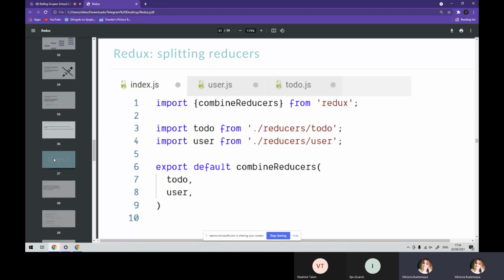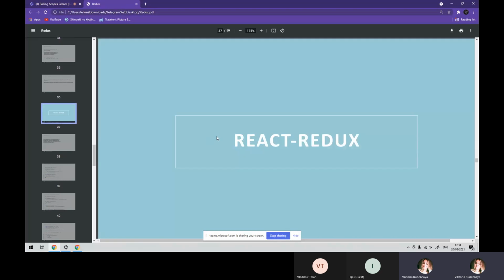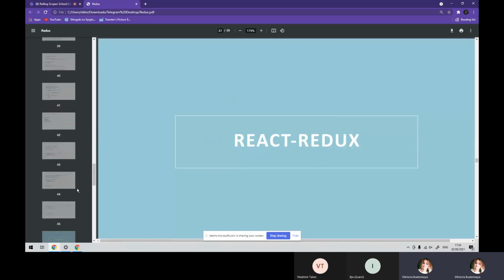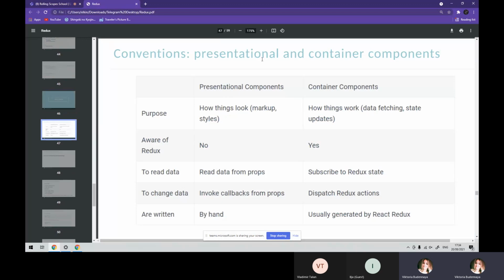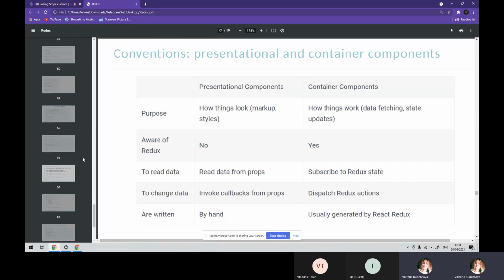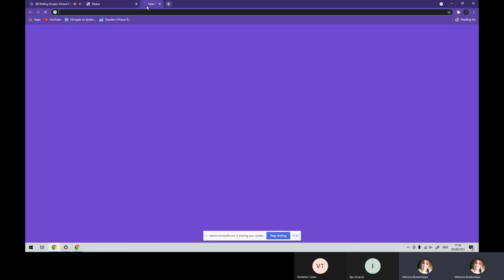for state management. Somehow we want our components to react to changes in the store, and that's where the React Redux library comes in handy. We also will talk about some advanced topics, like presentational and container components, how they are connected and stuff like that. So now I want to